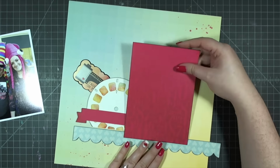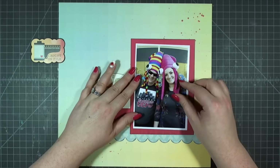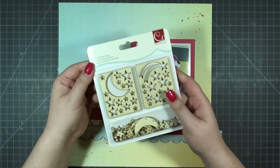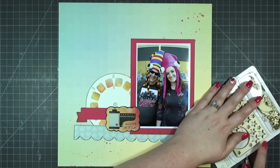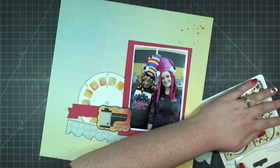So now I've got my embellishments, and now I'm really thinking I want more paper now that I've added my viewfinder, because it just seems like there's a lot of empty space all around the photo. But before I add the paper, I'm going to work on an embellishment, and I am taking these wood charms